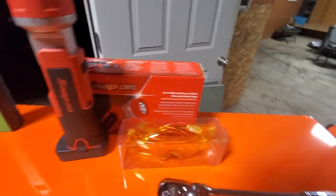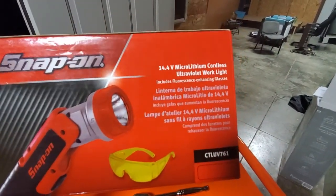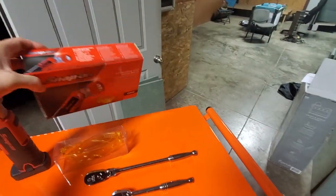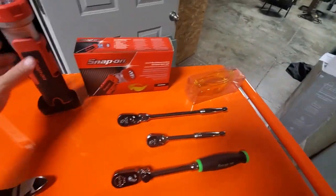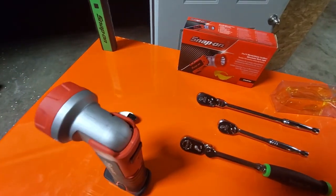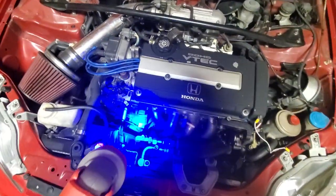Next would be this. Let's get a part number here. There's your part number. And this is the 14.4 micro lithium cordless ultraviolet work light. Includes fluorescent enhancing glasses. So those are your glasses, whatever. This is great. I really like this. I used to have a little, I forget who made it. I think I've talked to y'all about it before, but the little cheap UV light